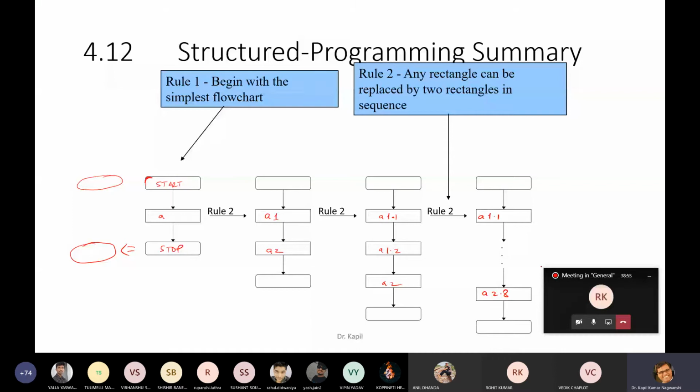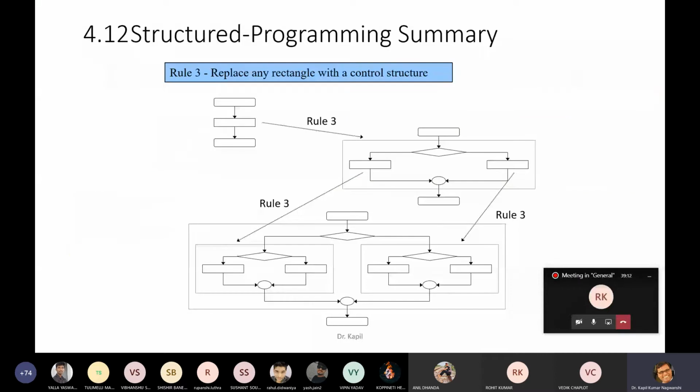Fine. So initially when you make a program, whenever you are constructing a program, initially it is very simple like this. Now it will go further and it will break into several statements. Now if the statements are broken into several parts, it is our duty to replace this structure, to validate this structure, whether a is less than 0 or not. If it is 0, then go ahead. If it is not 0, then do something else.